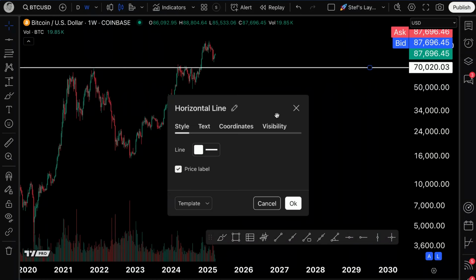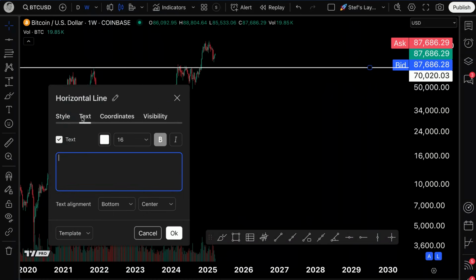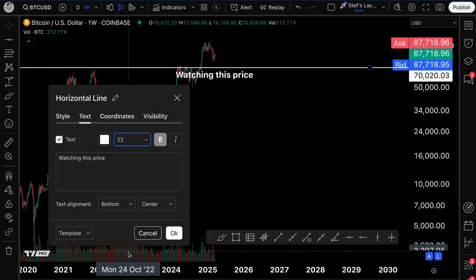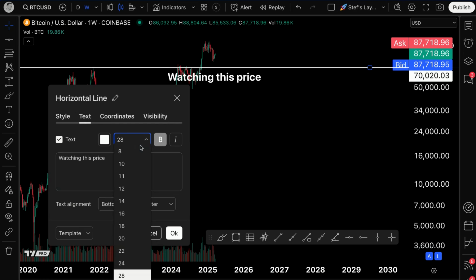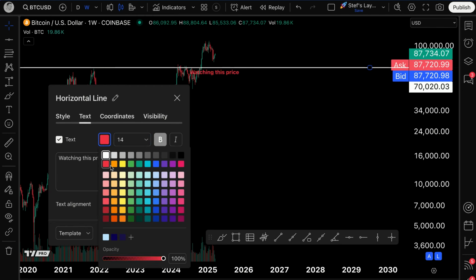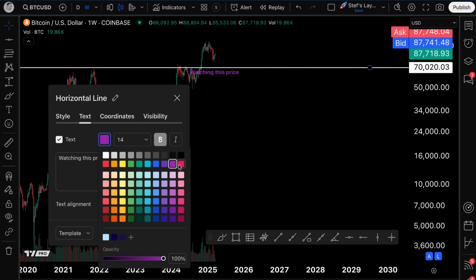But one thing I have not shown you all yet is the text capabilities of these tools. So in the text feature, I can type now, watching this price. And now I've got the text right here on my specific trendline drawing tool. In addition, as needed, I can change the font size of the text on this drawing tool. So everyone has a different chart, a different trading style, a different strategy. And with that, you can pair it with the text, font size, color, look, and feel that you want your